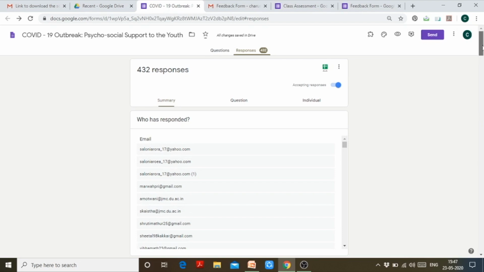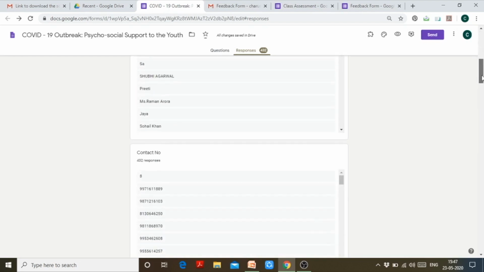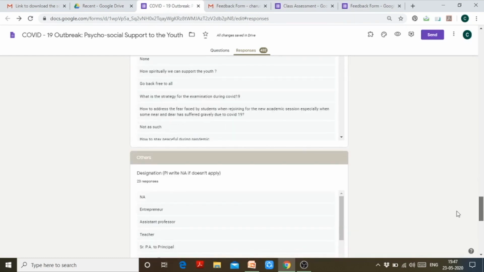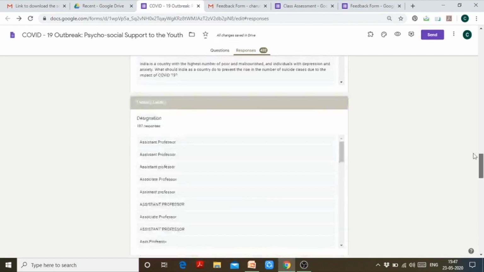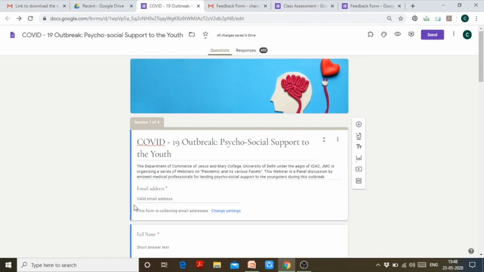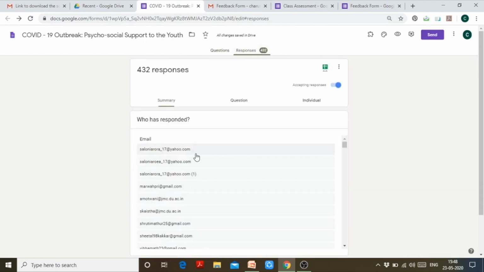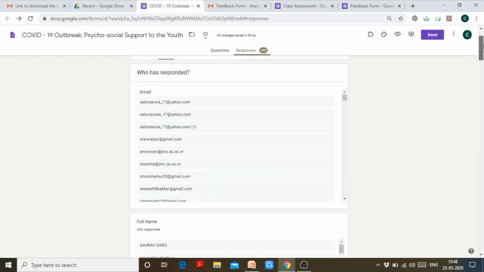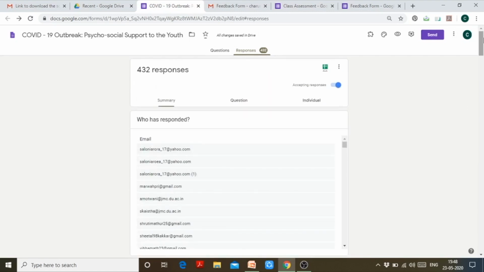It is showing who has responded and the questions that I asked in the form, right? Now if you can see in this form, I did not create any question asking who has responded. I have made email address collection the mandatory thing. So that's why it has collected all the email IDs first, and then the form was given to the recipients to be filled. So that's why it shows who has responded, and then all the questions are displayed at the bottom.